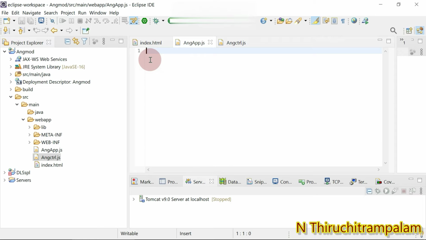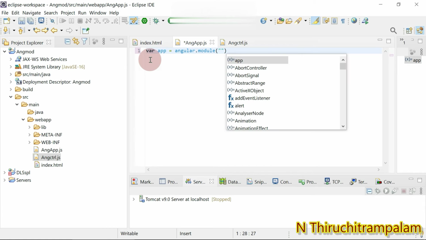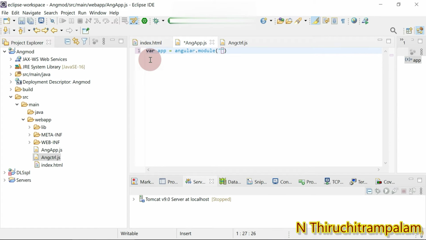So how do we create? var app equal, there is a function named angular.module, and within parenthesis pass in the application module name, that is ang app. Okay, that's the module name, and then we pass in the empty array. All right, so this array normally holds all the dependent AngularJS files.